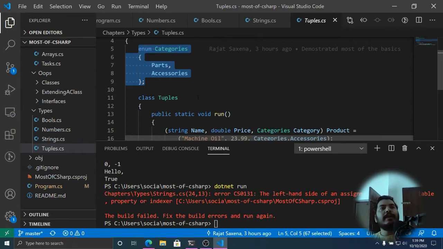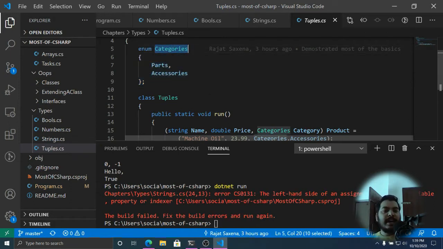So you want to tell the compiler that if a user is going to create a variable of this type, this particular variable can only contain a value out of my predefined selection.